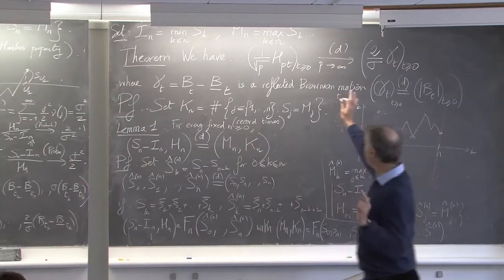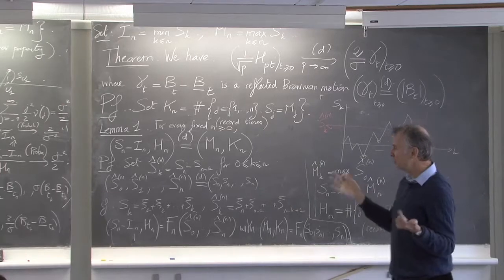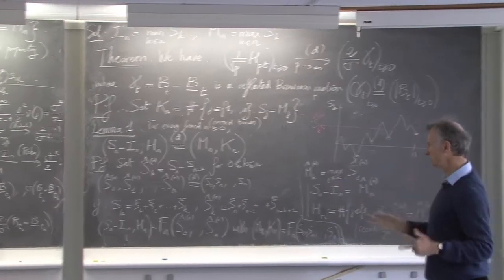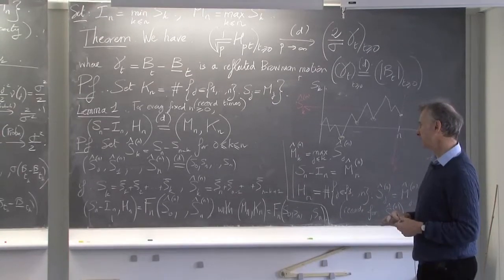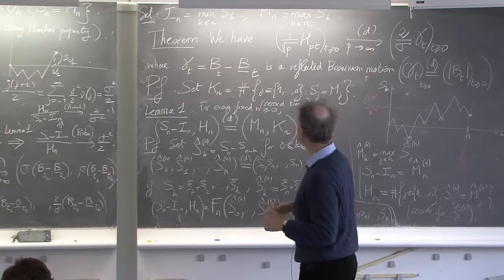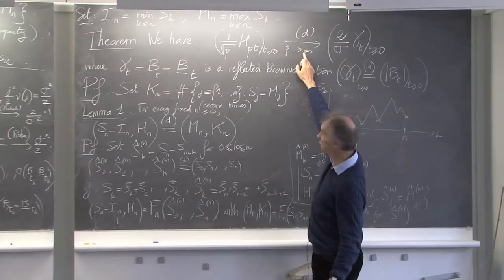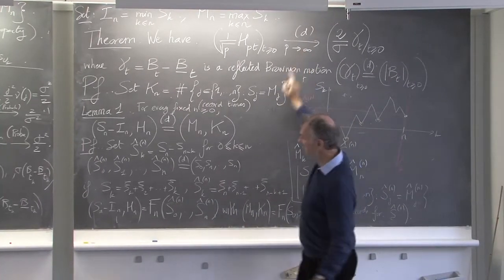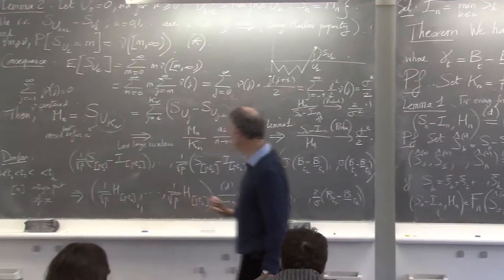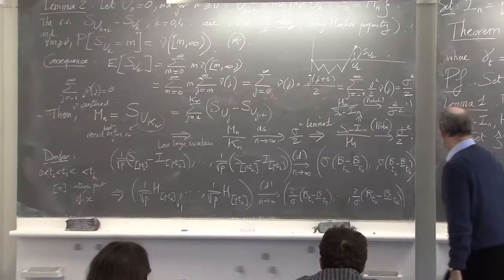But I have not proved completely the theorem. Why? Because I get only the convergence of finite dimensional marginals. And if you are a bit used to these kind of asymptotic results, usually it requires some work. If you want to get here, it's a convergence in the functional sense, as explained in the beginning. It's stronger than this convergence where I had to take only finitely many times.